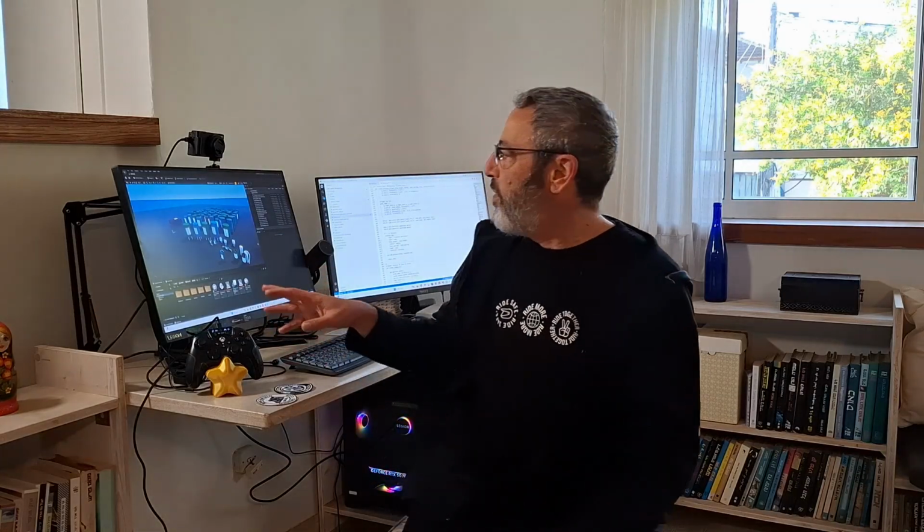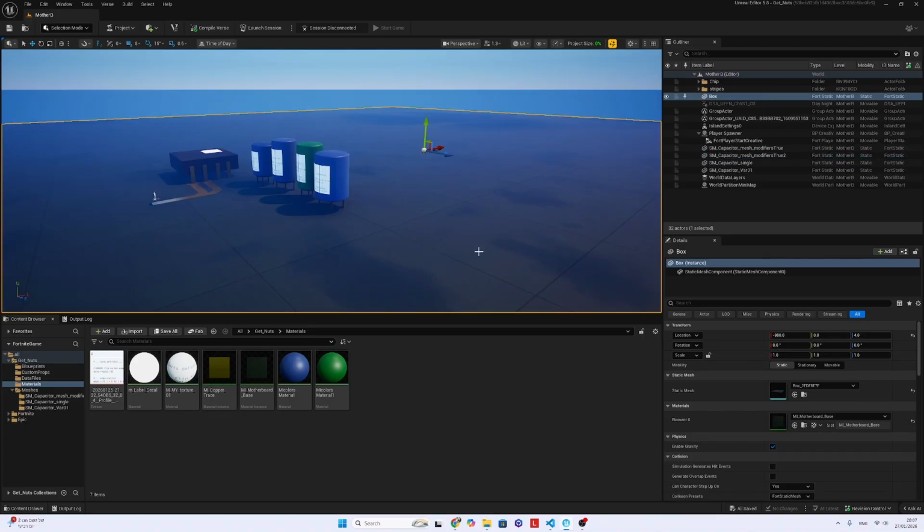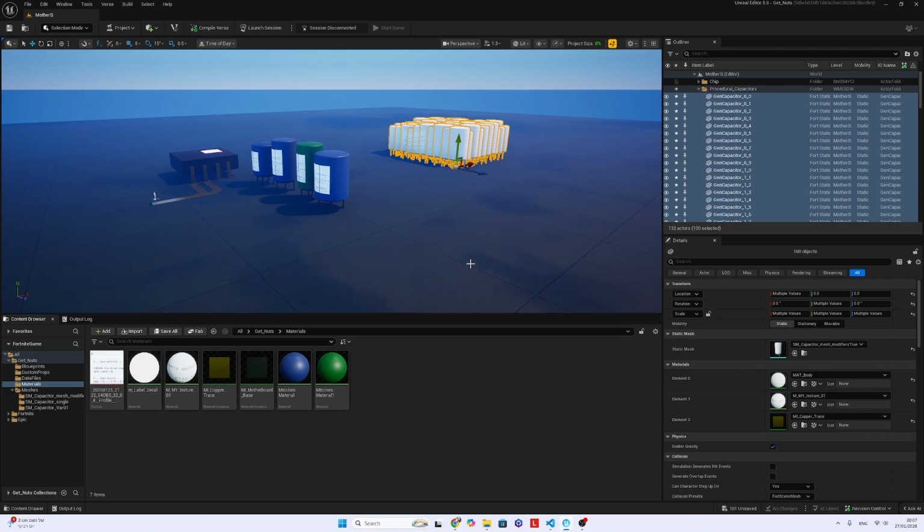The thing is, even though I'm doing this back and forth, the end result is not that all 100 capacitors are the same. And that's by code. That's a code creation.